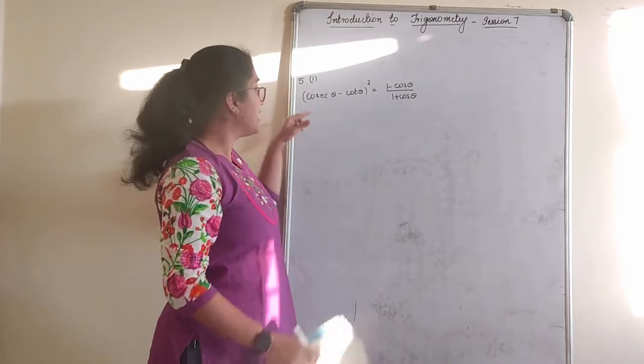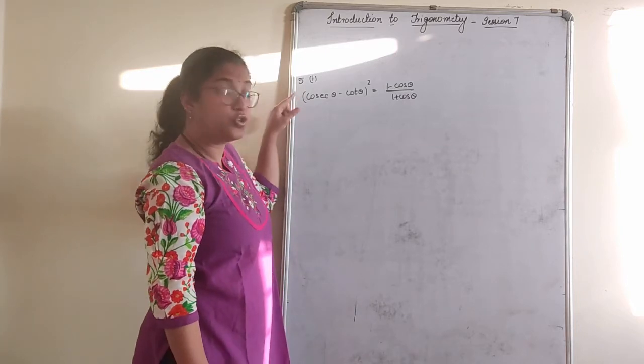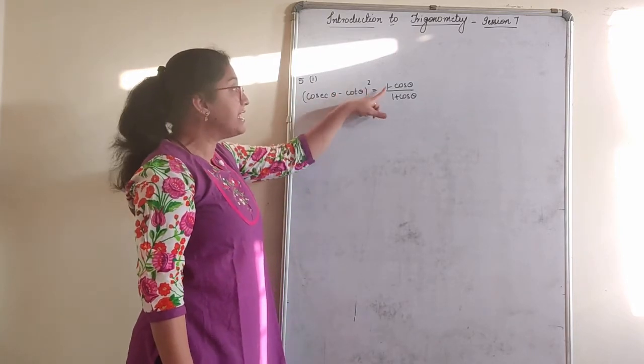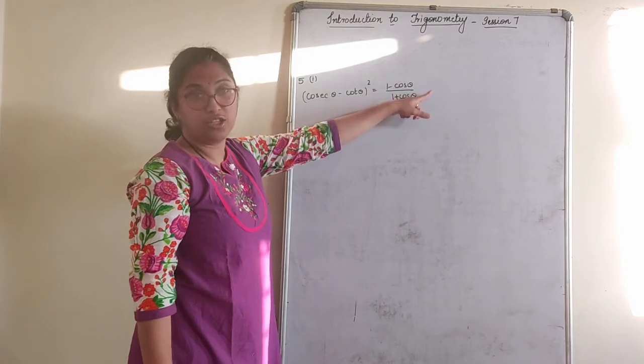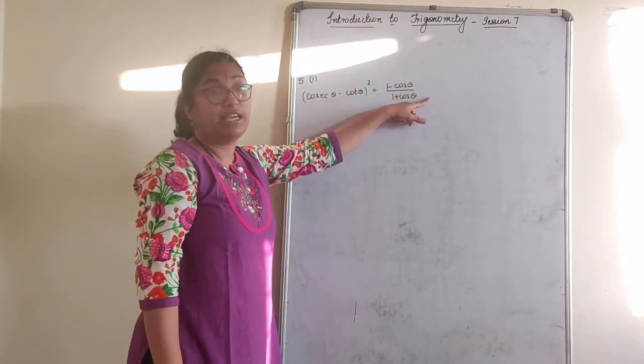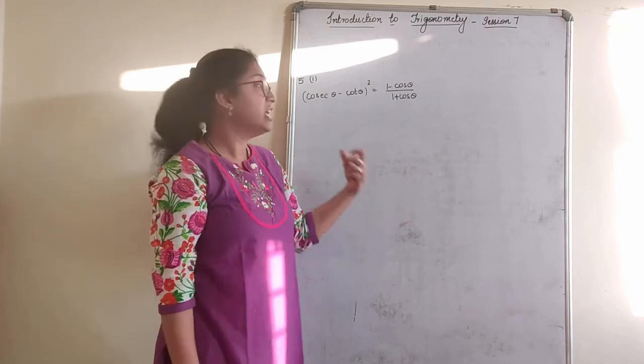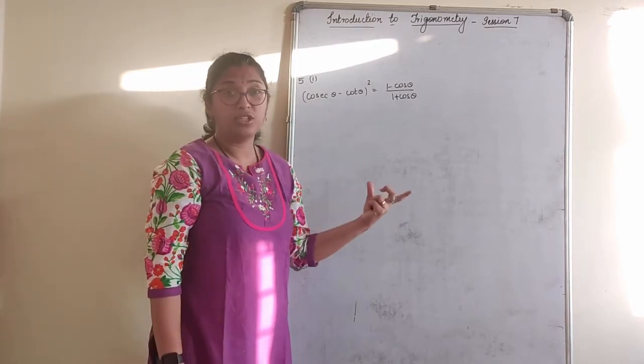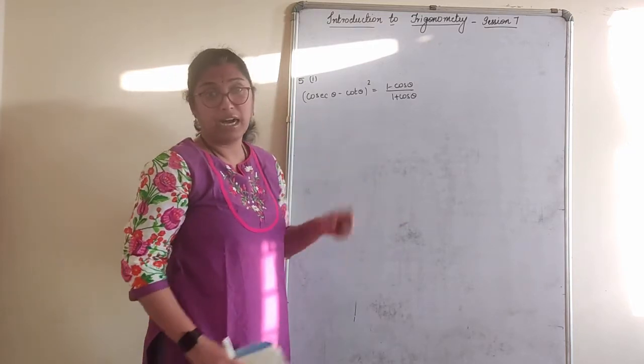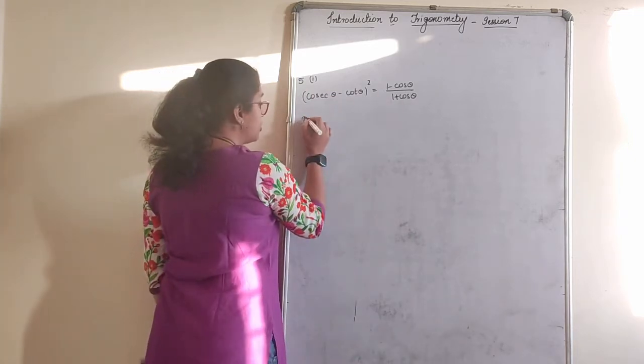Even here, there are very few sums where we choose RHS to get LHS. That means I can start from this, children. I'll show you the next part. But it is easier if I start from RHS here. How do we know this? We get to know this by practicing more and more trigonometric identity sums. When you look at the sum, you can judge that you have to start the sum with RHS. Let's start with RHS.